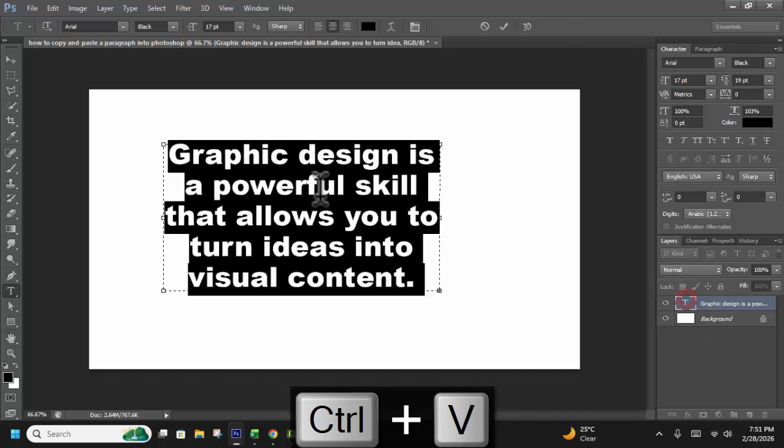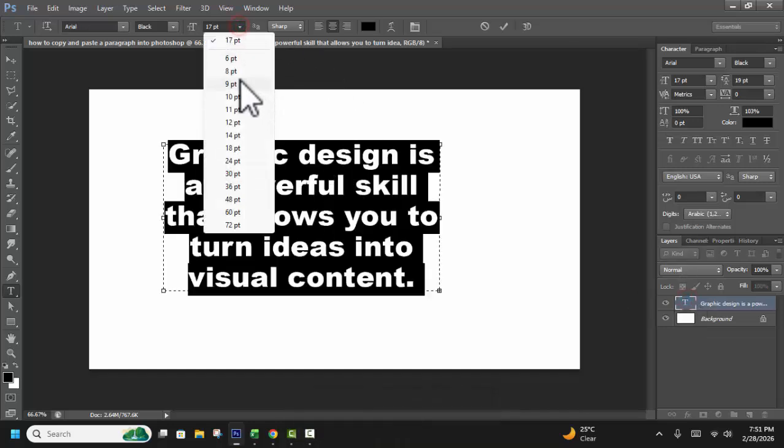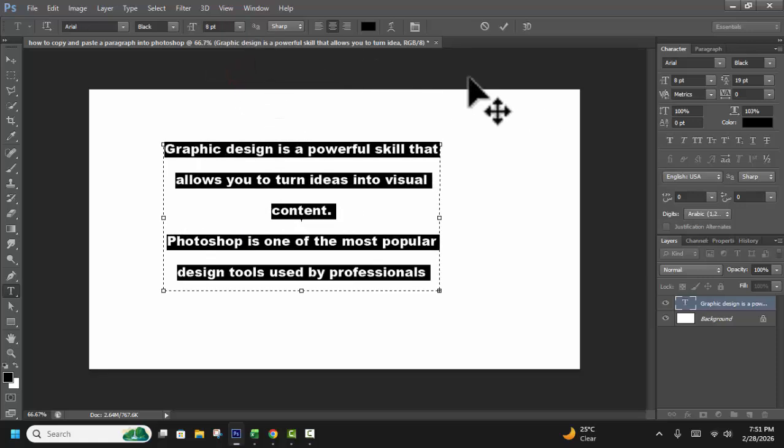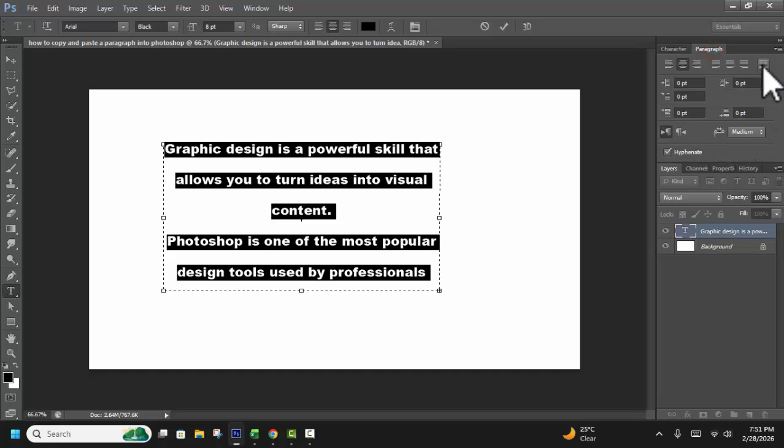Then double click, select all text, increase the text size, paragraph, auto fill, justify,